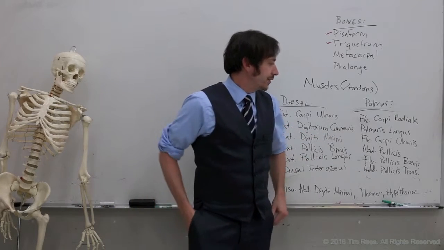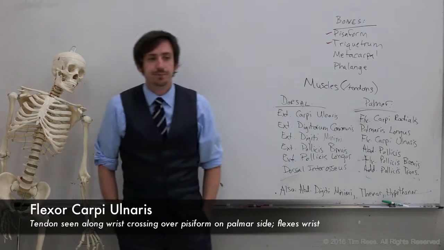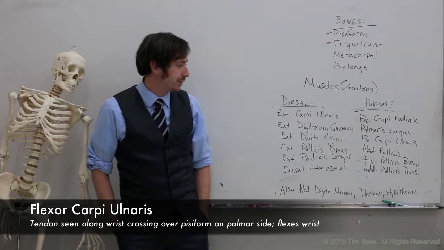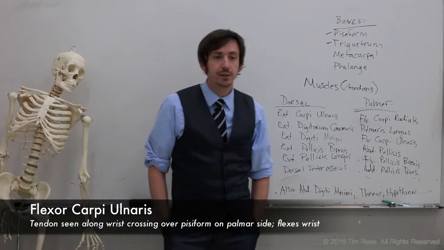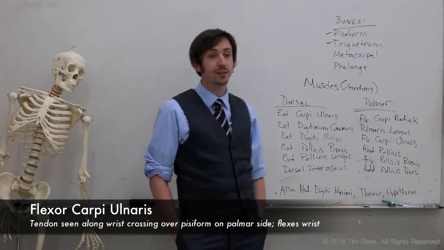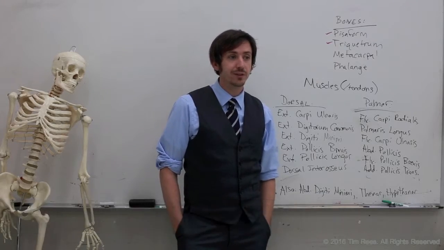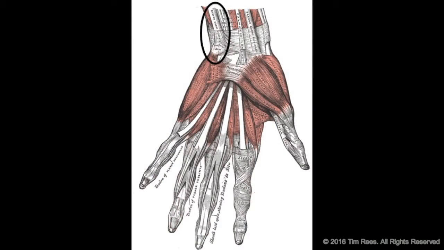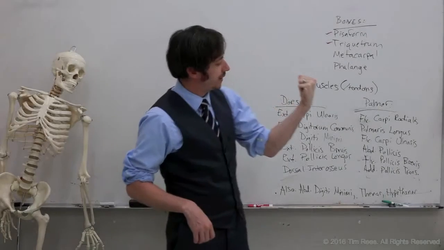Underneath that, we have the flexor carpi ulnaris. Flexor, meaning it's on the palm side. Carpi, it's flexing the wrist. And ulnaris, it's going to be on the ulna side. So when we flex the wrist